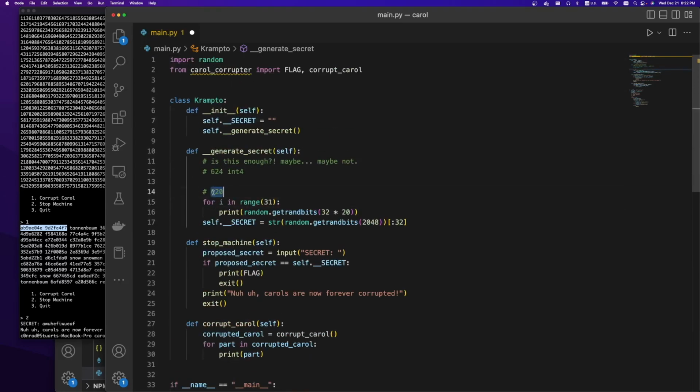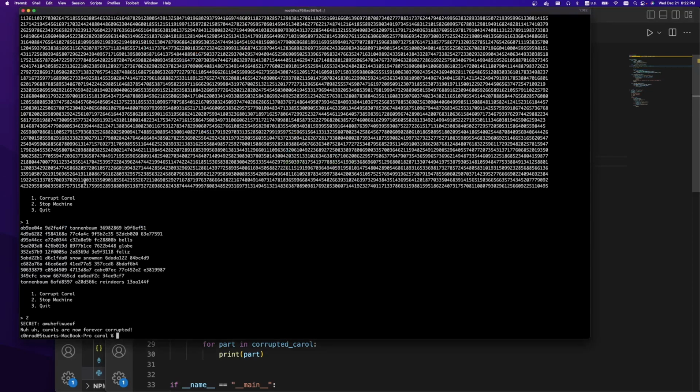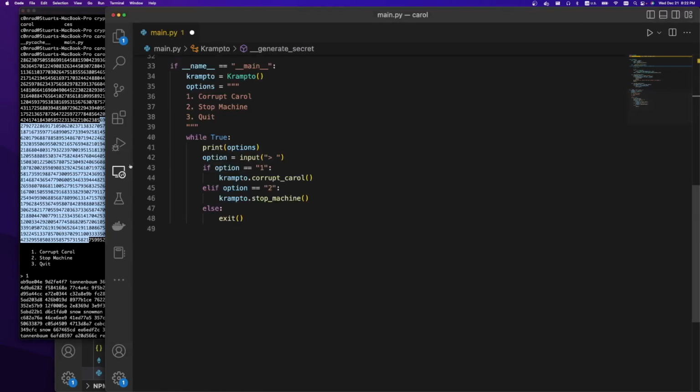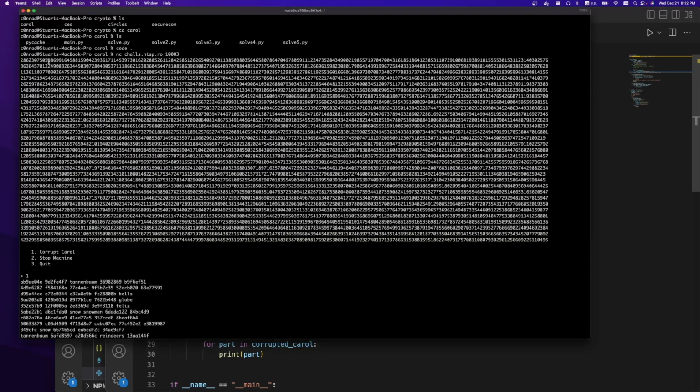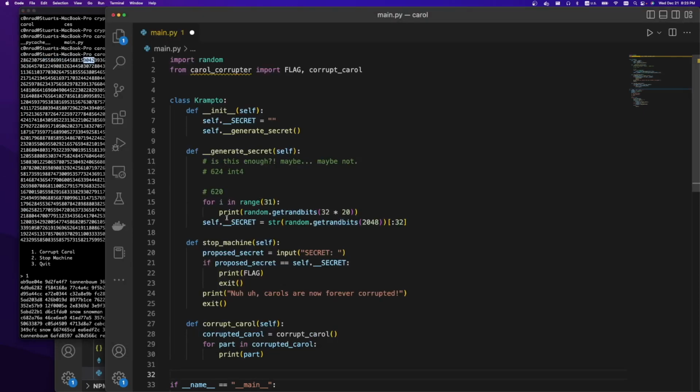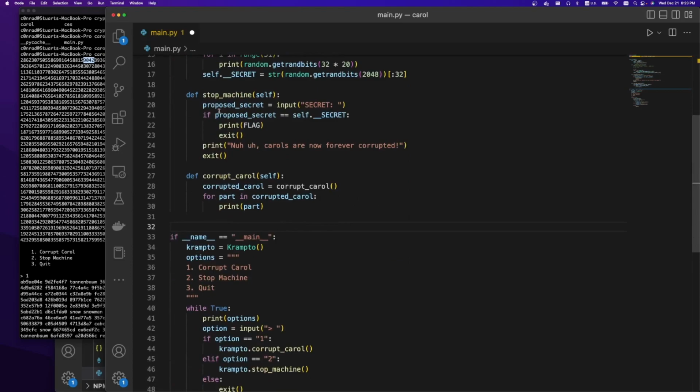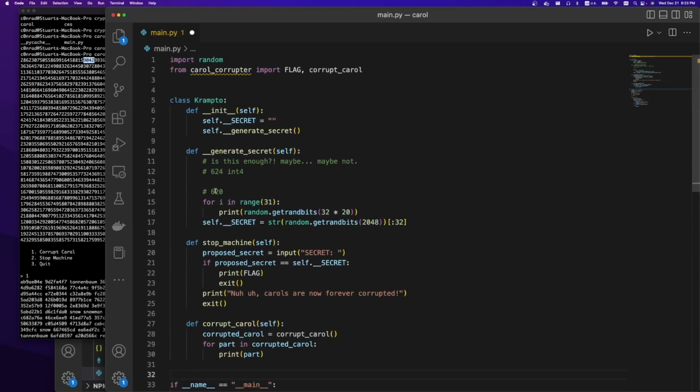So what we're going to do is we're going to read in all these bytes. When it does, oops, let me go back. When it does get random bytes of a larger number, basically it just means that this is the first 32 bits, this is the second 32 bits, third, etc. So you just have to do some integer math to get them in the correct order. Cool. So what we're going to do is